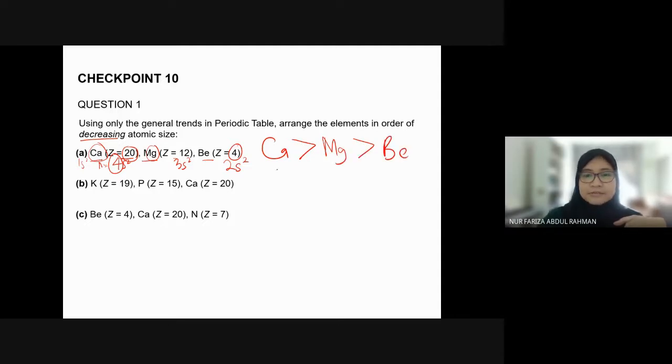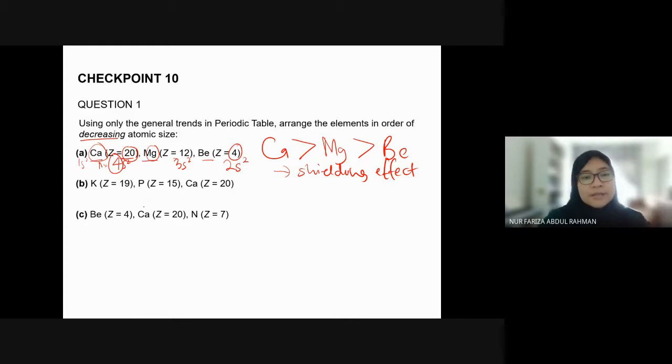If you were to explain the reason behind your arrangement, behind your list here, you have to mention shielding effect. And furthermore, you have to explain further. It depends on the marks given. Shielding effect. And then for B, potassium, phosphorus and calcium, again you have to make sure whether all these